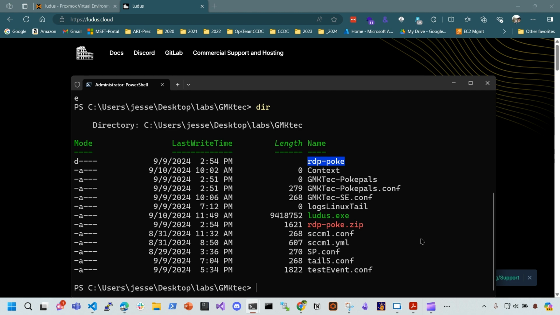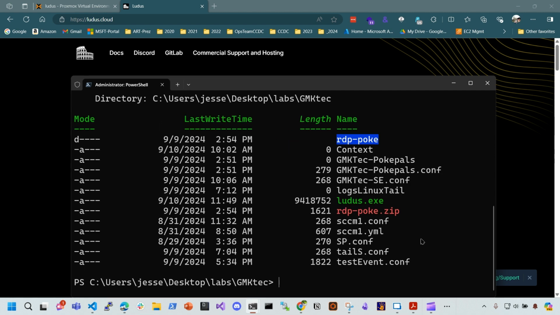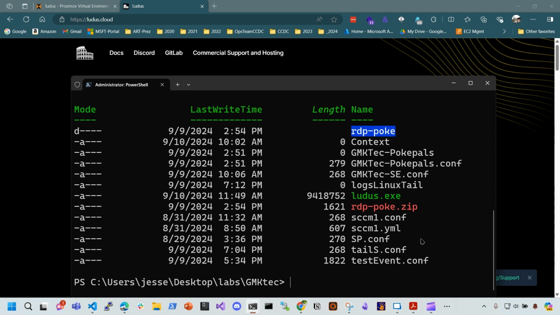Cool. Yeah, that's much easier to work with. Very small. I like it. So let me make this a little bit bigger. All right, cool. So at first, we're going to have to do Ludus